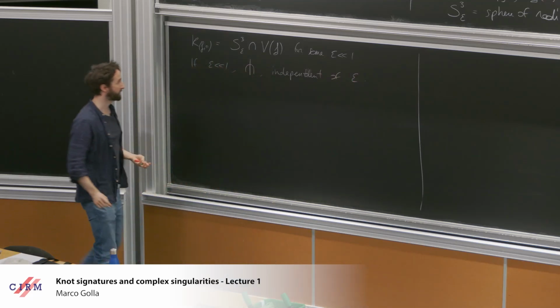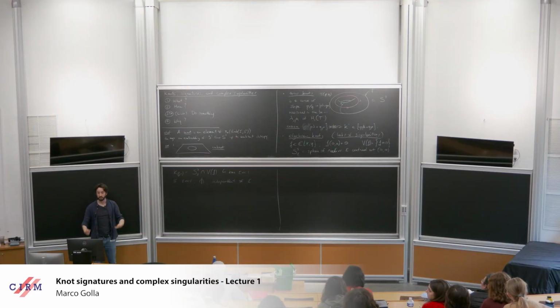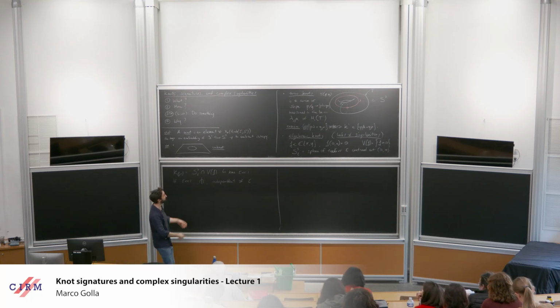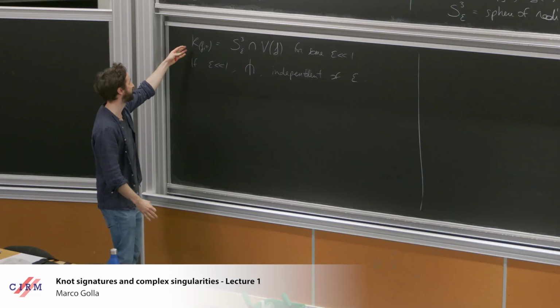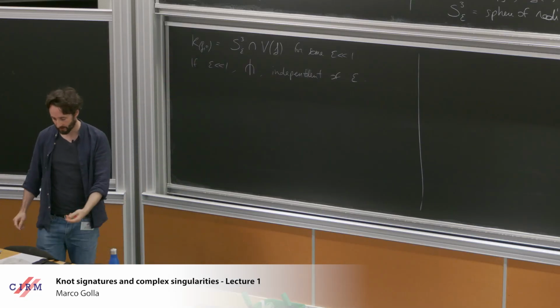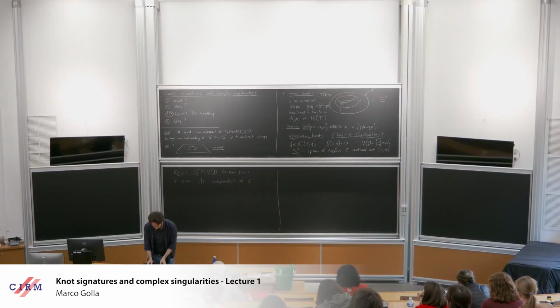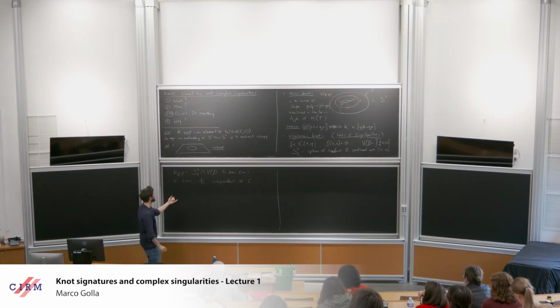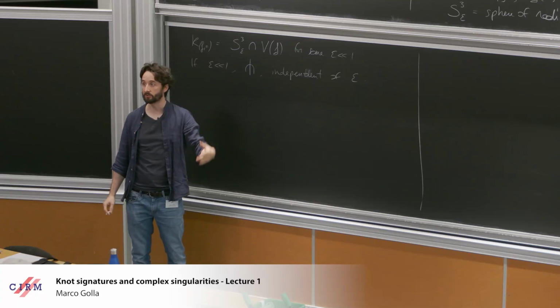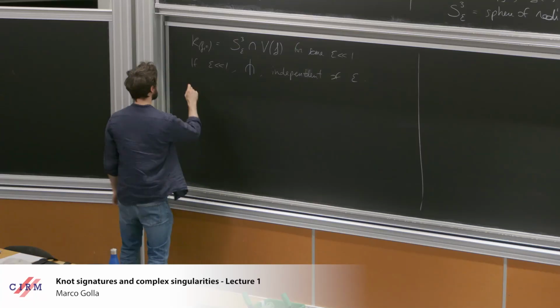Meaning up to isotopy I get the same object. So this object is intrinsically associated to f and the point (0,0) that I've chosen. This is called the link of the singularity of f at (0,0). And in fact, both examples that we've seen arise in this fashion. The unknot arises when I pick f to be just a linear function, and torus knots